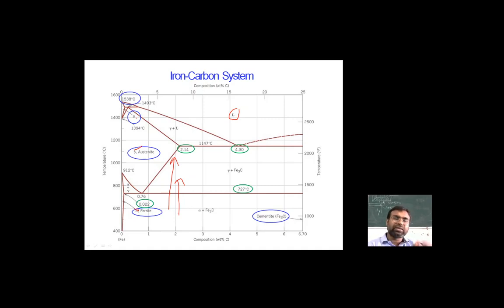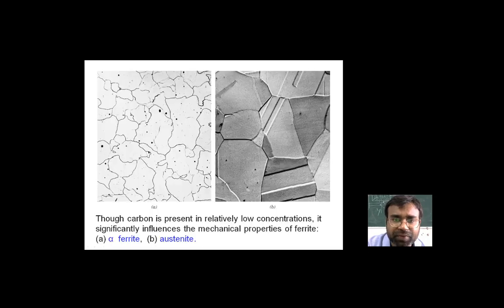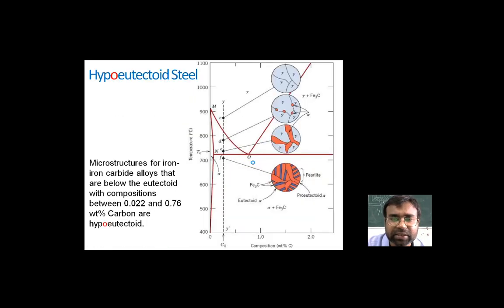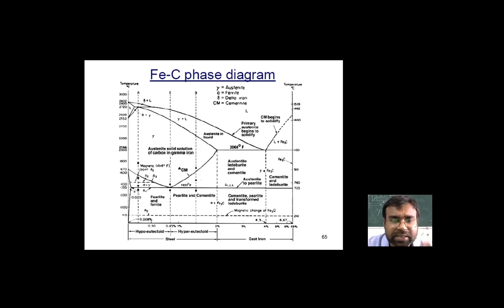At these various combinations, you can see in this figure, this is the liquid solution, and this is the combination of the austenite and the liquid solution. Furthermore, in detail, if we consider this figure, you can see that this combination leads to various microstructural changes in the material, forming various micro constituents of the material, and that leads to the various properties of the material.